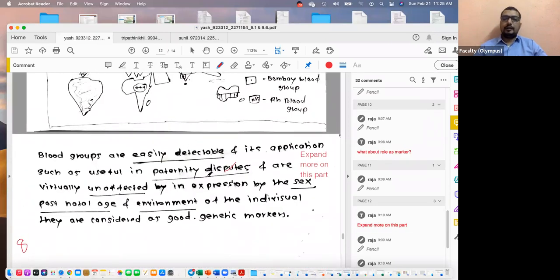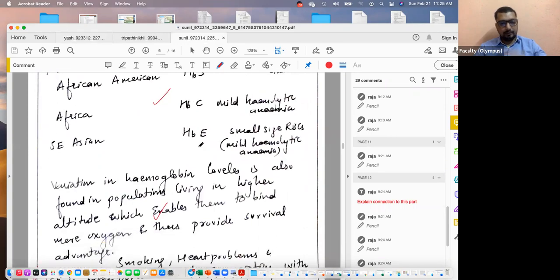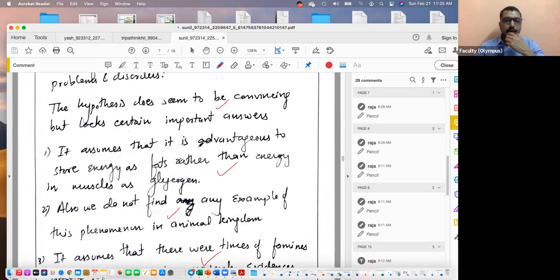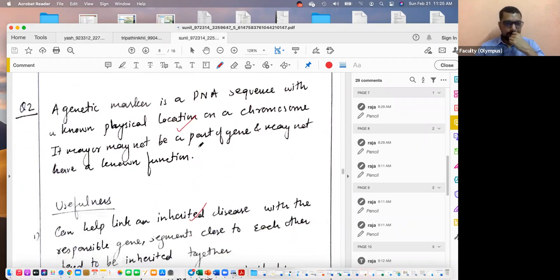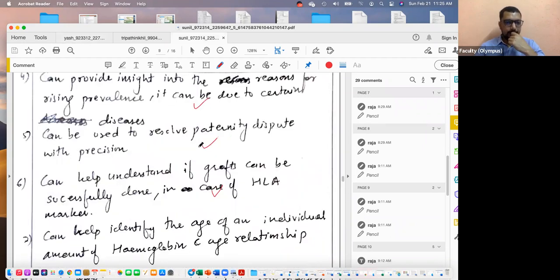And if you want, they say that paternity disputes can be solved to some extent. They can only rule out who cannot be the father. They cannot identify whether he can be his father or not. They can say he cannot be biological father with his blood group combinations from the mother and father. You don't have to explain in detail. I think one of you attempted to do that. I think Sunil, if I'm not wrong. Don't have to draw all the tables here because you may not have time for that. So where is that?